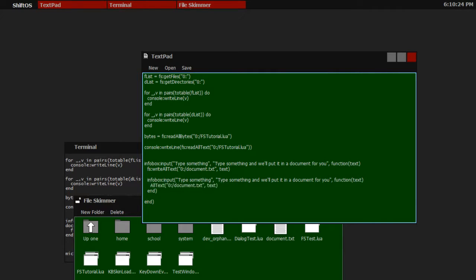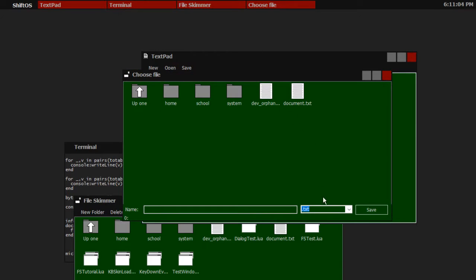And what we'll do is we will first change the message. Type a name for this directory, and then we will do fs create directory 0, and then we'll concatenate that with text. Pretty simple. When we save and run the file, which we're about to do,